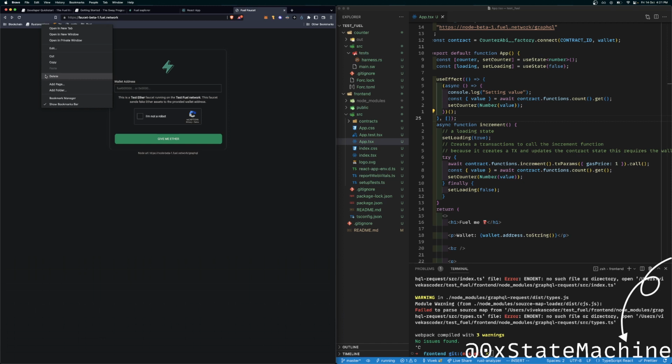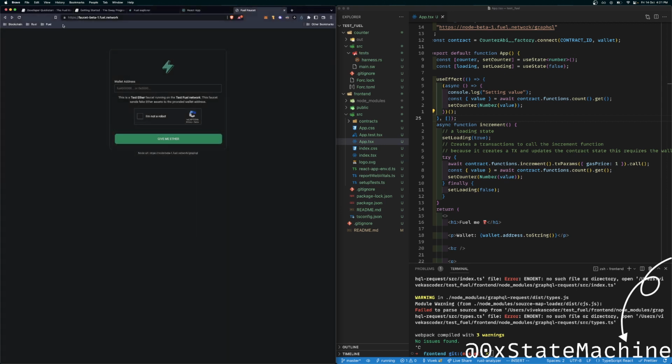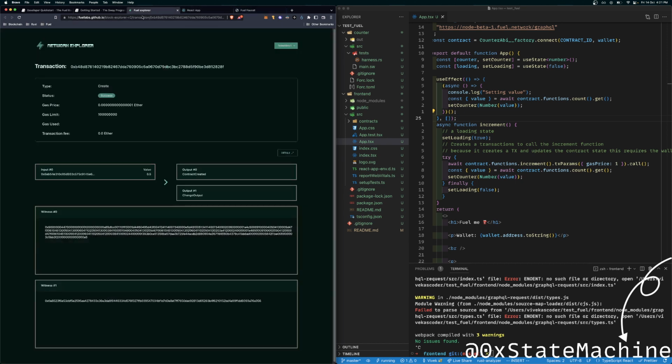Rust, I can create. Oh, there is Rust, right? Why do I have code? So I'm gonna create one more folder here. Let's call it fuel. And we're gonna do this, add bookmark bar, and do this.